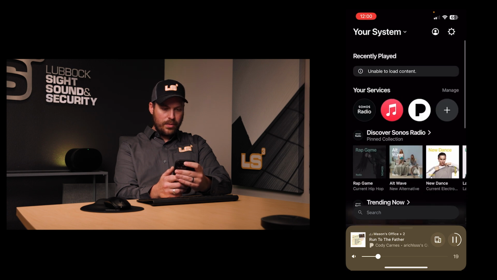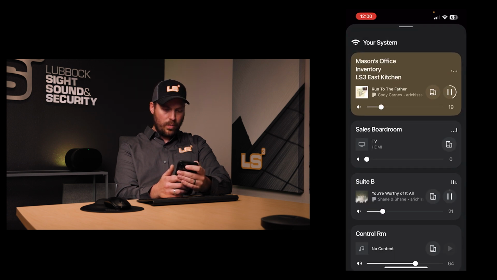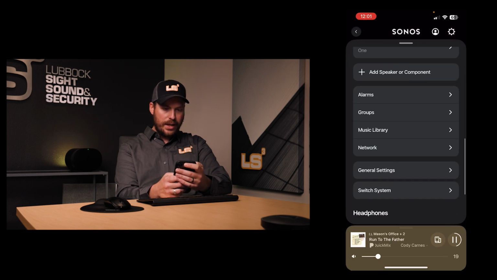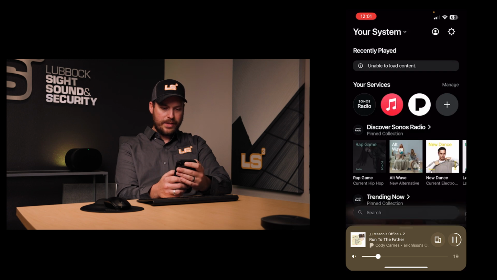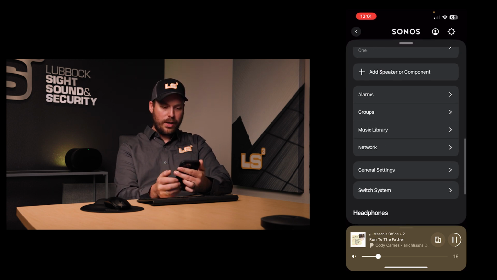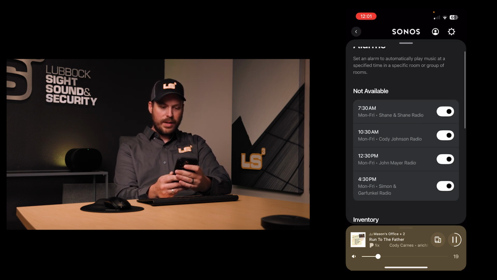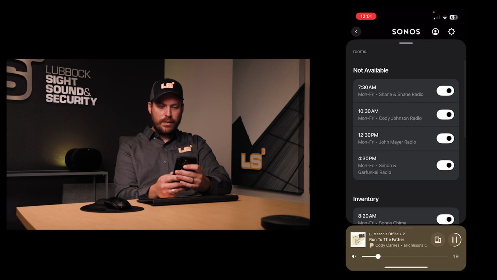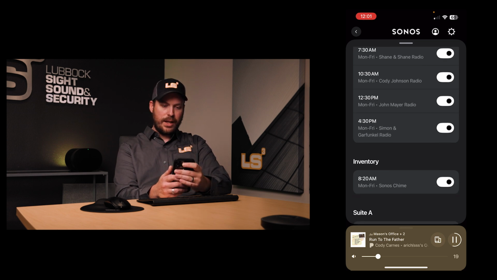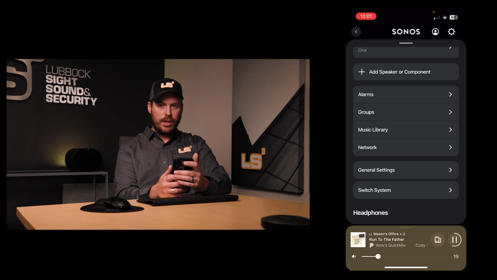And then the only other thing that we wanted to touch base on was the alarms feature. They have now moved that, and sometimes they'll move these around on us, but I always have to find them. Under the gear, if you scroll down below all of your products, you'll notice that there is an alarms button. If I click on alarms, you can see here that we've already got some set up where at 7 in the morning or 7:30, we wanted to play that radio station Monday through Friday, and you can have it play on specific players. It's a really cool feature, like if, say, in the morning I wanted to wake up in the master bedroom and